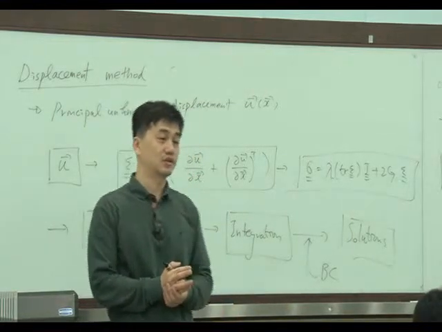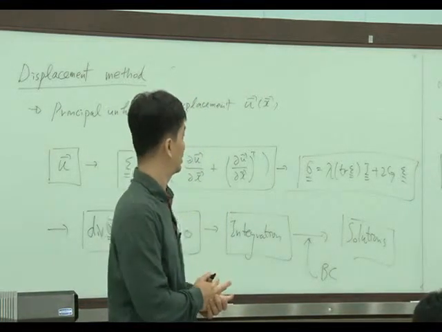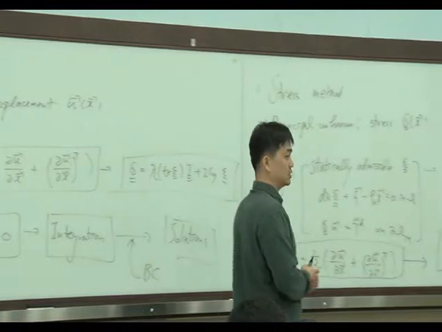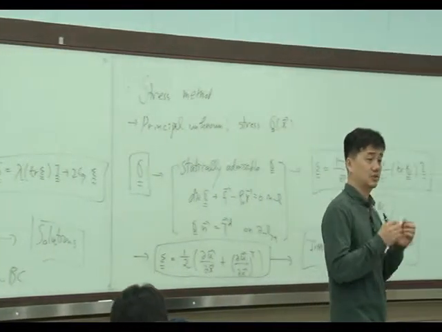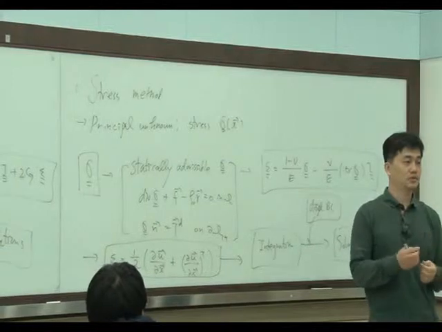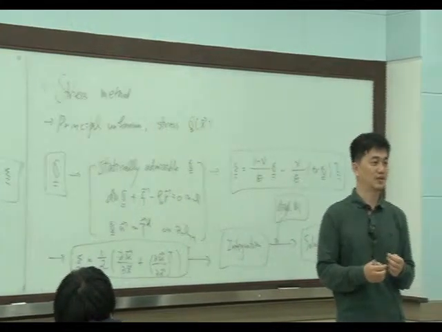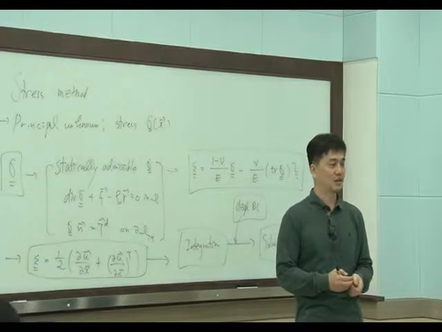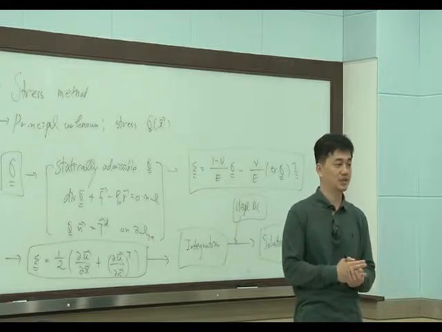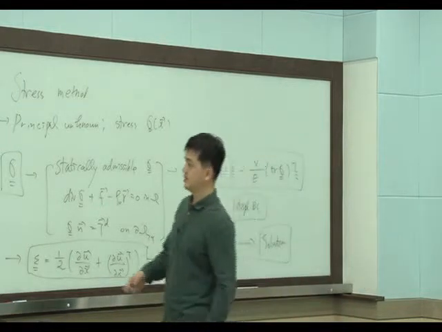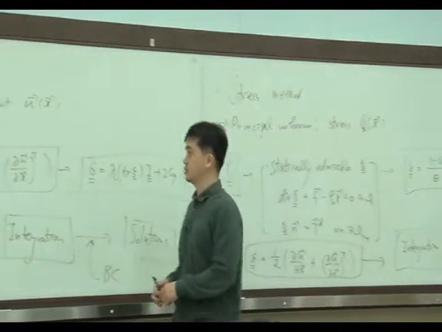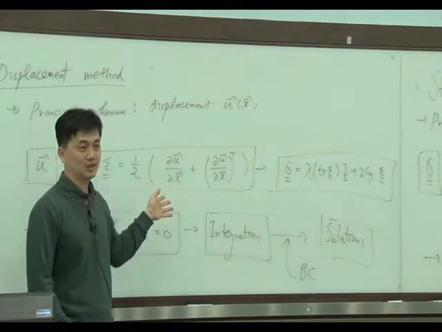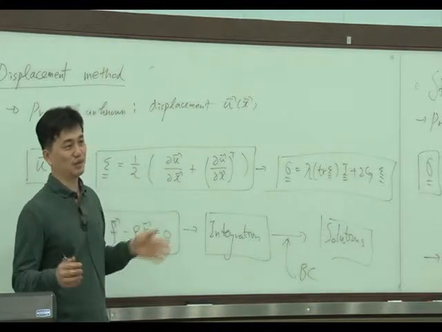The finite element method is also based on the displacement method, but in some analyses, the displacement method has some disadvantages. So some people try to use both mixed. We call that the mixed method or hybrid method. But in this class, I don't want to teach that kind of method. So the displacement method is most important. So you understand the procedure. It's quite straightforward, right? But without showing an example,